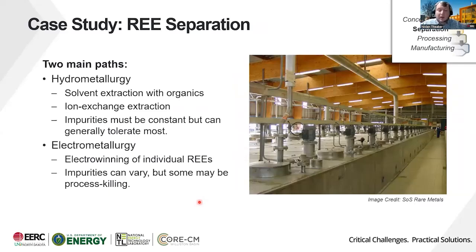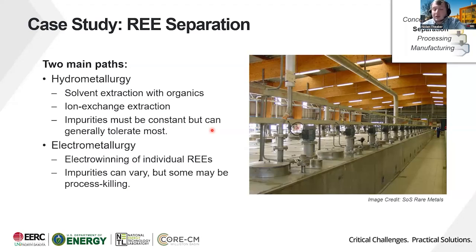In separation, the two main paths that exist around the world right now, the primary one is hydrometallurgy, which is solvent extraction with organics or ion exchange extraction. And these, once again, are very powerful separation technologies. They can get these things very pure, but they require lots of organic mixer settlers. And then there's some impurity. Typically, they can handle just about any impurity, but they don't tolerate changes in those impurities as you go time by time. So if you have different impurities pop up in a different section of coal,